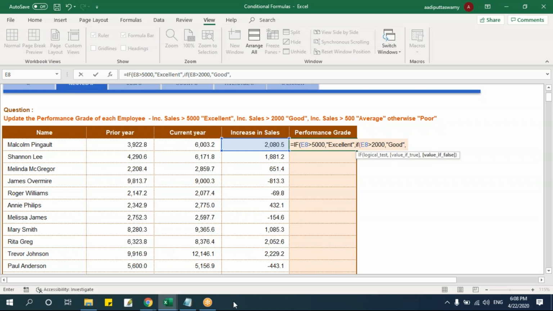Next, the false statement for this. Again, there is one more condition. So instead of giving this false statement, I'll say if this value is greater than 500, then it is average. We are given three conditions here: one condition, second condition, third condition. If none of them are true, then I'll take the false statement, that is the poor, and I'll close the